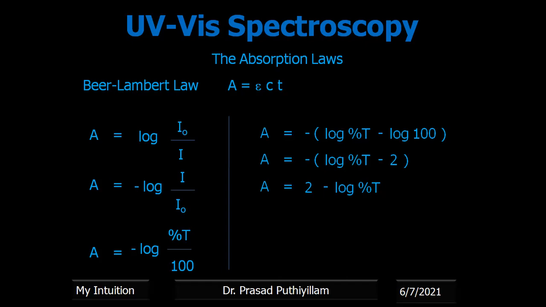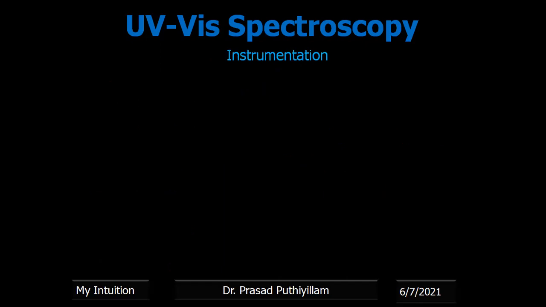Therefore, if you know this expression, it is very easy, just simple substitution and doing the mathematical calculation, you will get the answer. Therefore, scoring is easy. Rather than by-hearting the expressions, you should know how it got derived. Then it is easy to recall or remember. Now the last portion of this particular video is instrumentation.